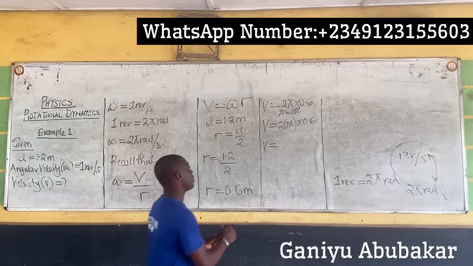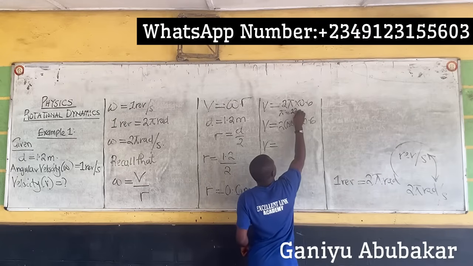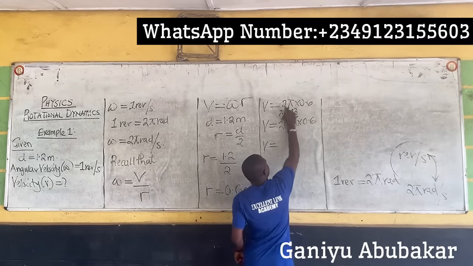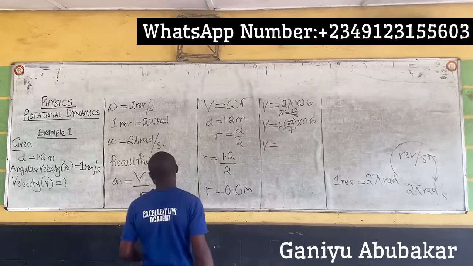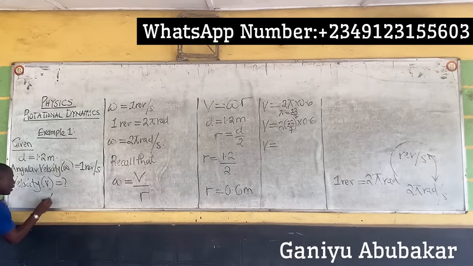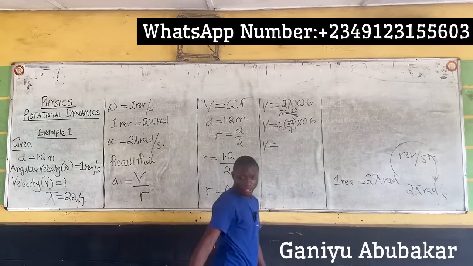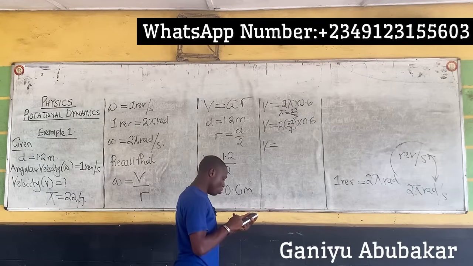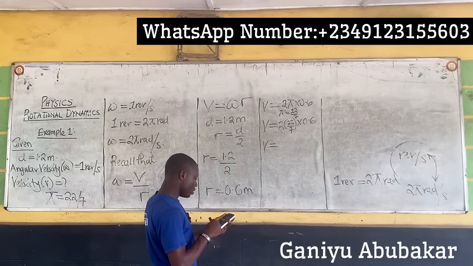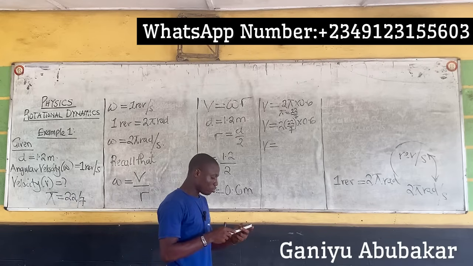216. So let's take pi here as 22/7. 22/7 is given in the question. We are asked to take pi as 22/7. It's stated in the question, please. So from here, multiply this again. If I multiply this, that's 2 times 22 divided by 7 times 0.6. This gives about